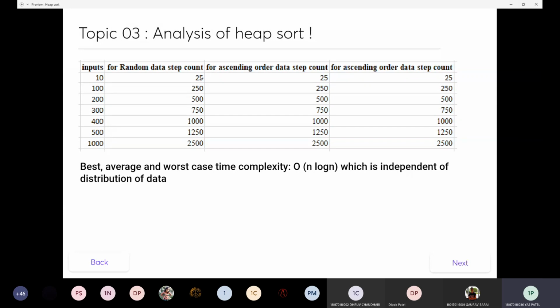Okay, so it is nearly 25. So the conclusion is that time complexity is order of n log n, which is independent of the distribution of data. Whatever we give, it will take n log n.